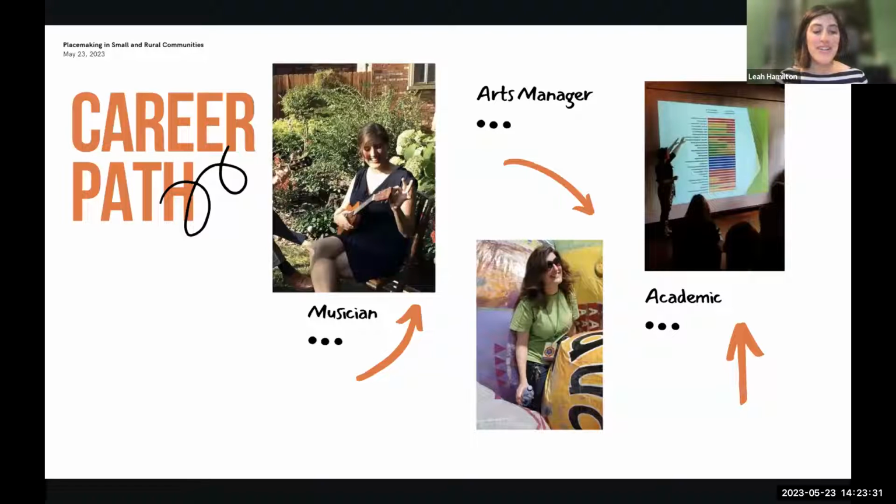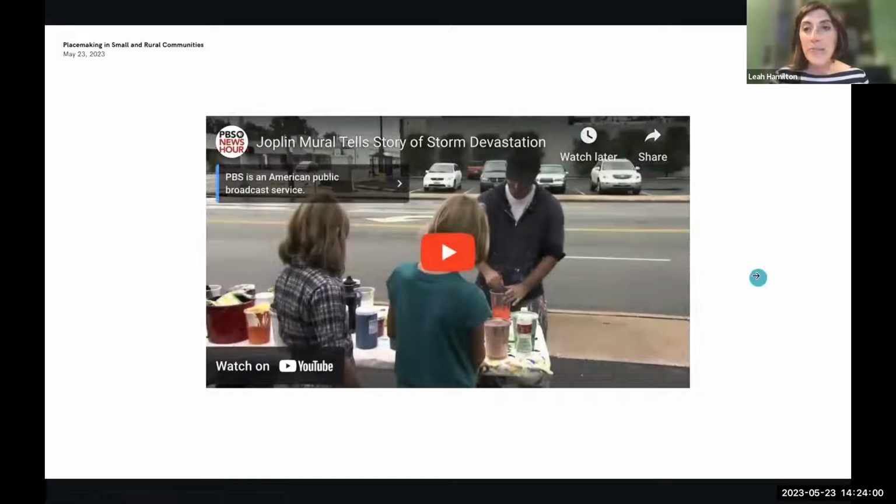Just a little side note about my background. I started out as a musician, and was born in the Ozarks in southern Missouri, and was born and raised in rural and small city areas. And I ran the leading arts agency in southern Missouri, which served 27 counties before I moved into university life. And it was during my time working in southern Missouri with arts and culture that I experienced emergencies, everyday ones, from busted pipes to severe weather events, to helping communities recover